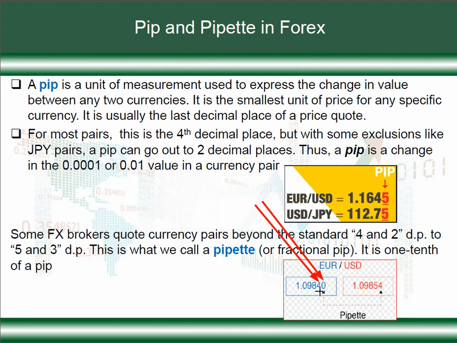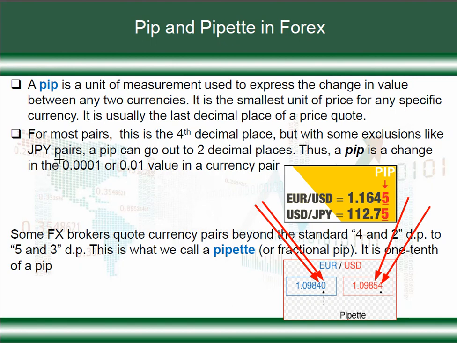4 is the fourth digit, which we said represents a pip for currency pairs quoted in 4 decimal points or places. Now, whenever we have more than 4, the fifth one is called a pipette. So in this case, 0 is the pipette, 4 is the pip. The alternative is seen here: 4 is the pipette, 5 is the pip. So the pip is usually the fourth decimal point for most of the pairs, or the second decimal point for yen pairs, like this one. Fair enough? You need to know that concept.